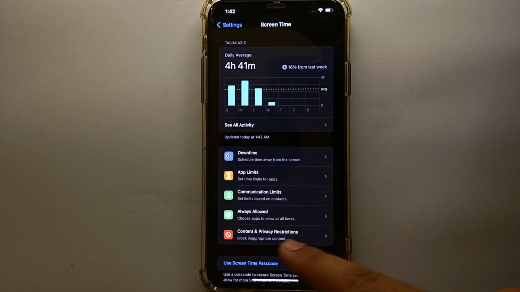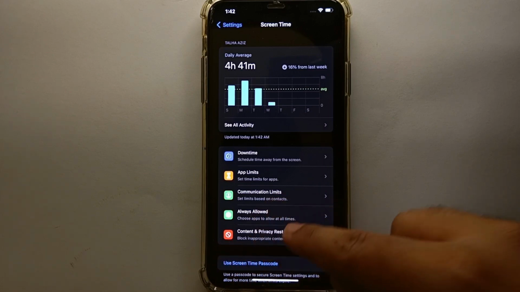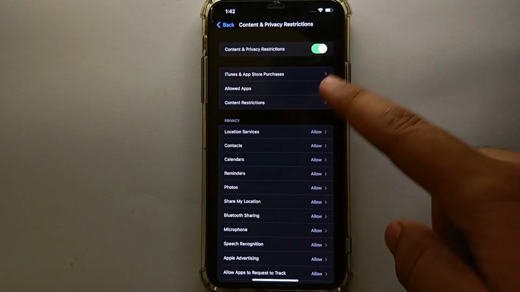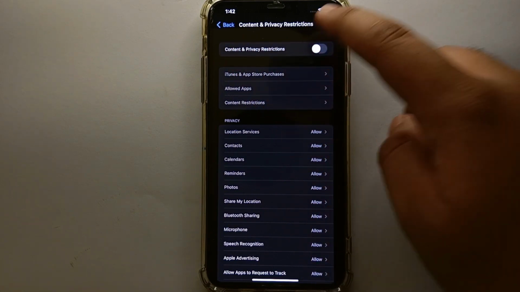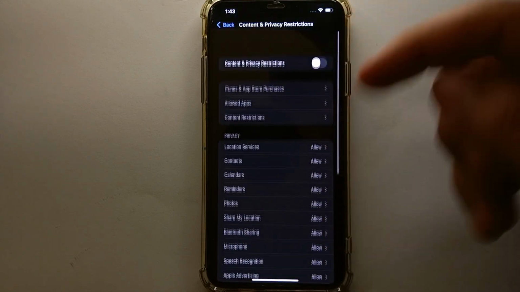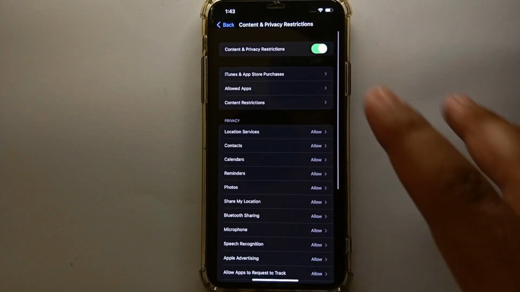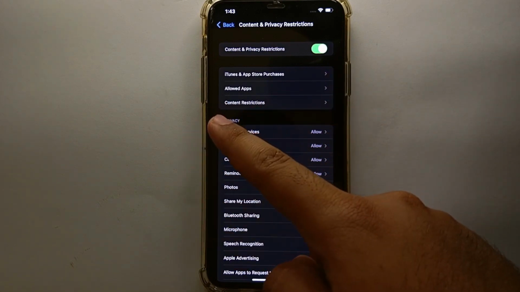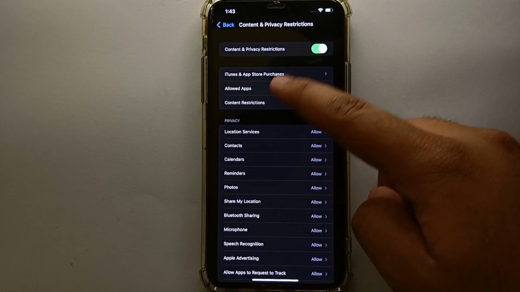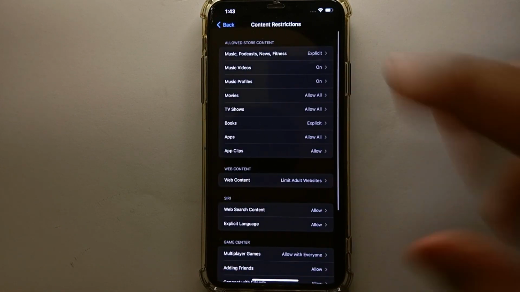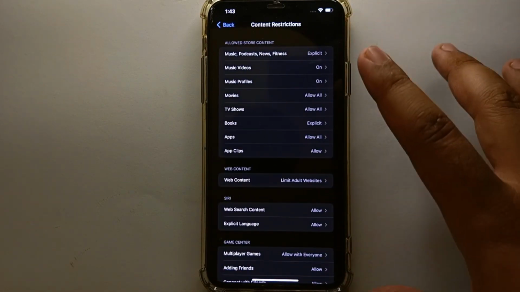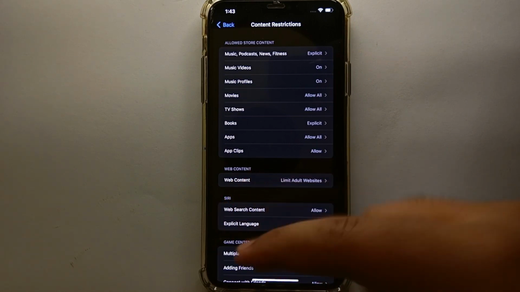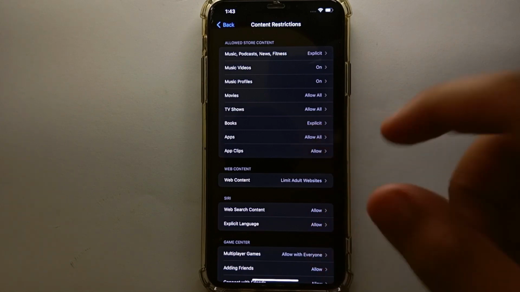You just have to simply tap on this option and then we will land into this, and there you will see we will get many different options. So from all these options, first what you have to make sure is that you have enabled this option. If you have turned this option off, then you can still turn it on by just tapping on it. And there you can see we have this option content restrictions. You just have to simply tap on it, and with the help of that we can easily block any kind of inappropriate web. There we have to select this option which says web content because it is related to the